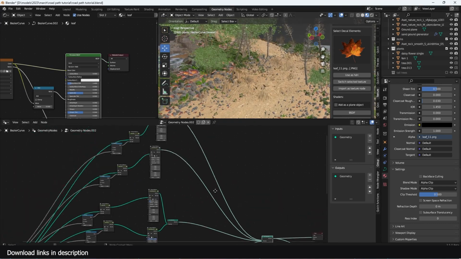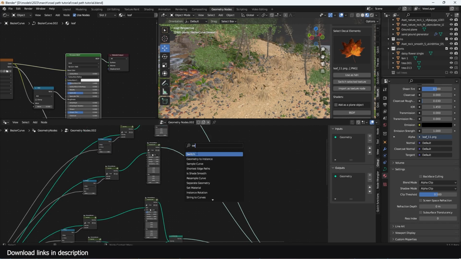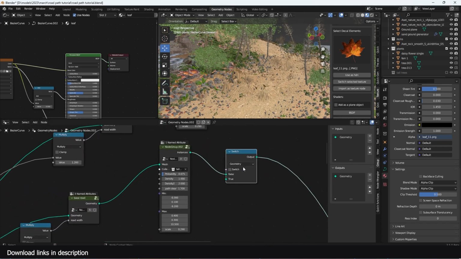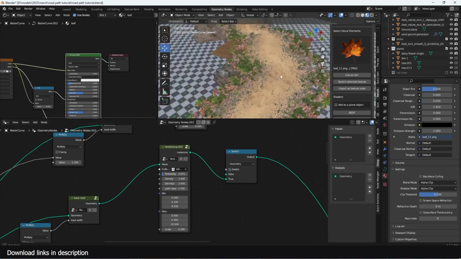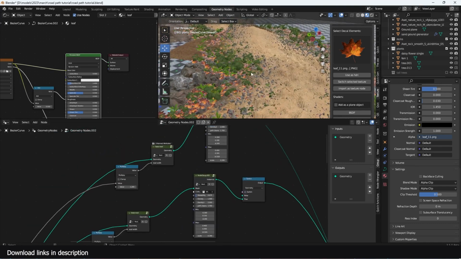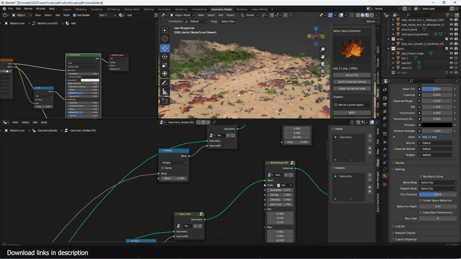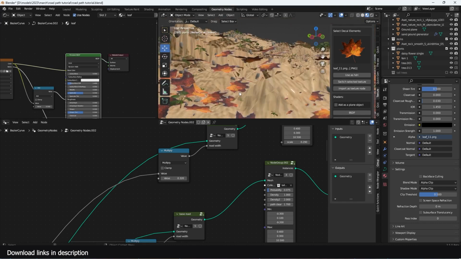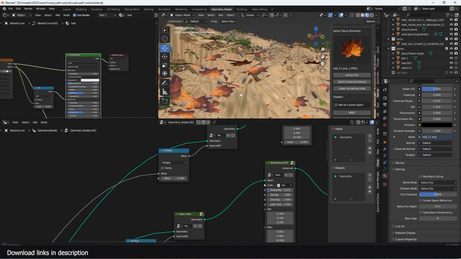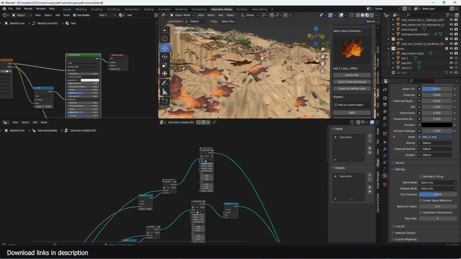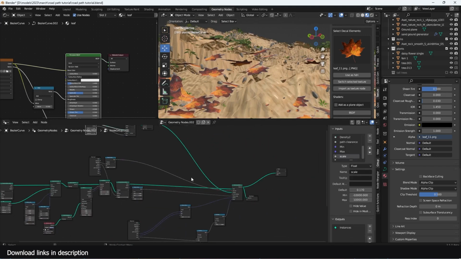Now I'm going to set up a switch node because these trees are really heavy, and I'm just going to switch them off for now so that this is lighter. And I'm going to bring these leaves closer to the road by just adjusting this. Yeah, something like that. Yeah, some leaves are floating on the surface. So